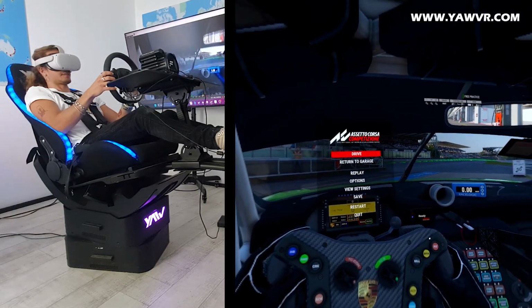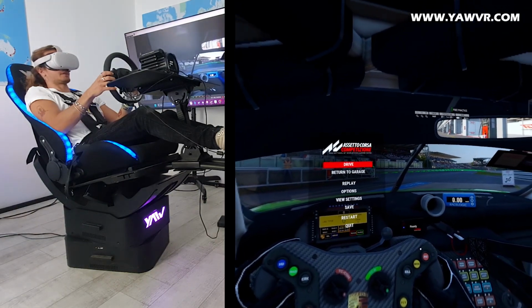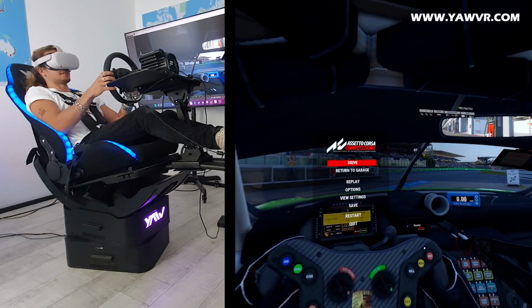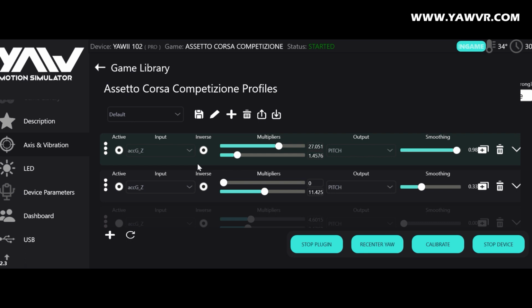First, let's look at the game engine and check what we set up. It's a basic setup, but it's pretty good and feels immersive, so let's see. This is just a basic setup, calibrated to our preferences, but it feels pretty good